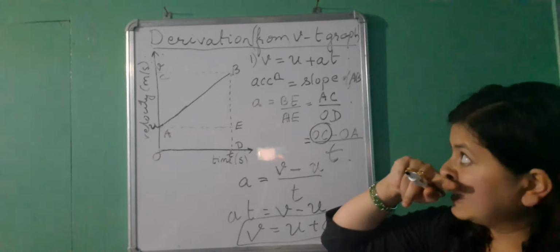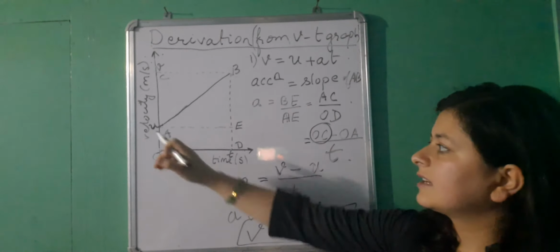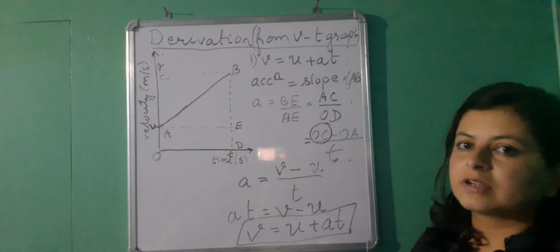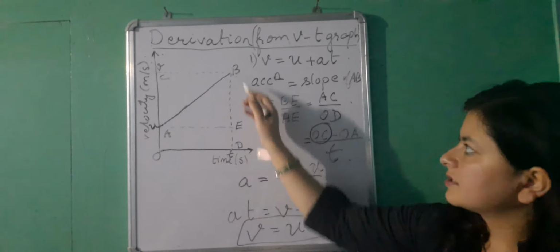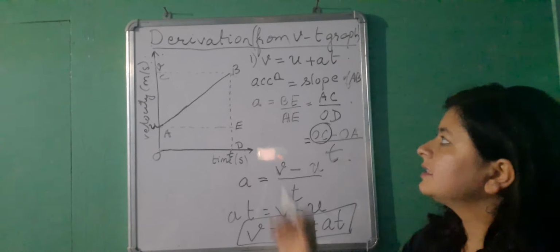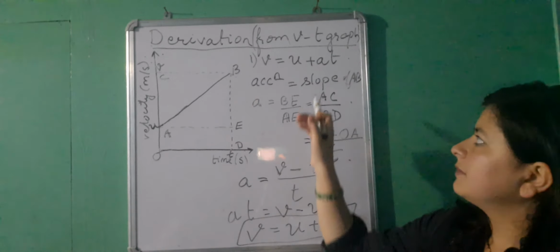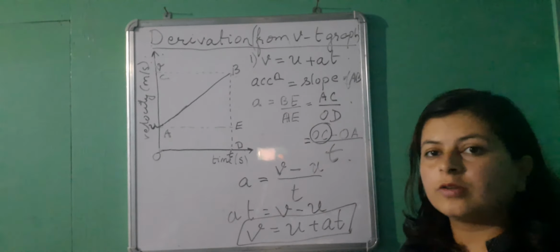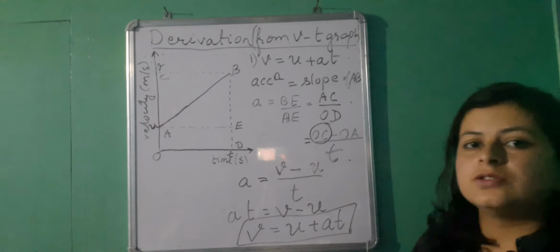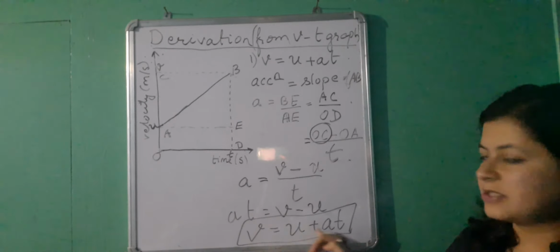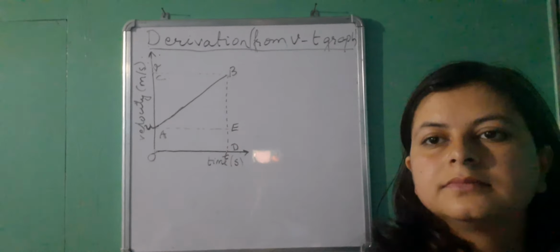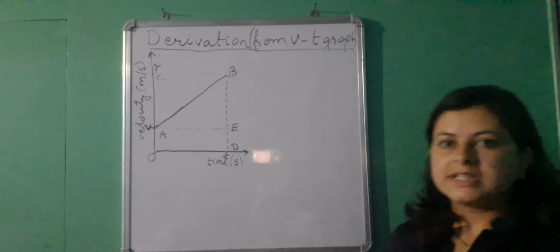By taking a constant acceleration, we started from the initial velocity U, and we plotted a line sloping upwards. Then we took a few constructions. Then we used the fact that acceleration can be obtained from the slope of the line AB on the graph. Then we went on to do it geometrically to finally get the expression V is equal to U plus AT. That was the first equation of motion.